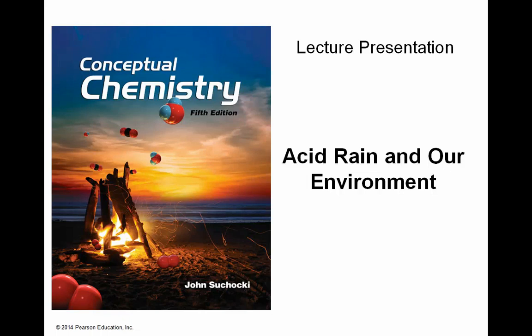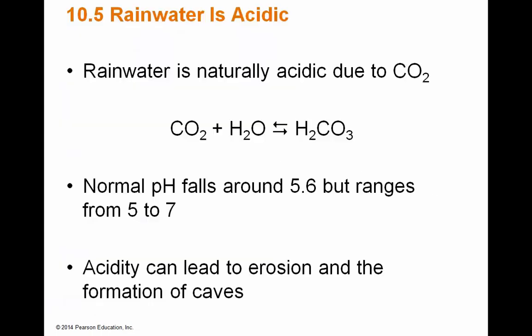Today we're going to talk about acid rain and the effects it has on our environment. To begin with, rainwater is already naturally acidic, and this is due to carbon dioxide. Whenever carbon dioxide meets water in the air, it can form carbonic acid. And so as an acid, it makes it so rainwater will have a normal pH around 5.6, but it can